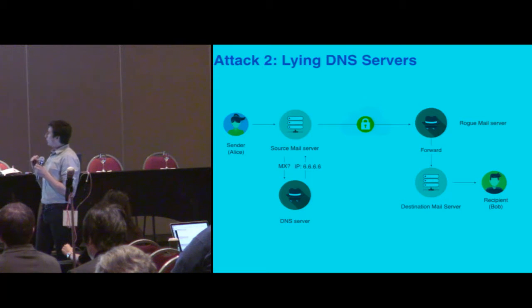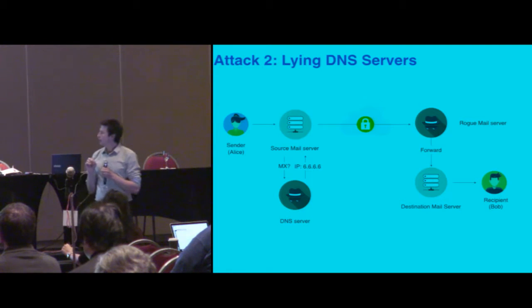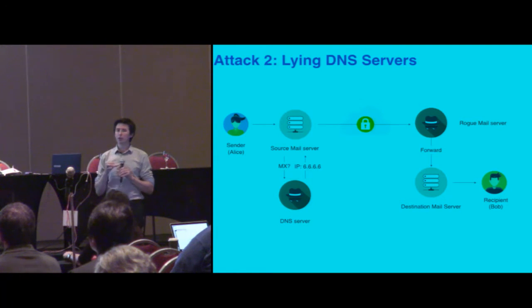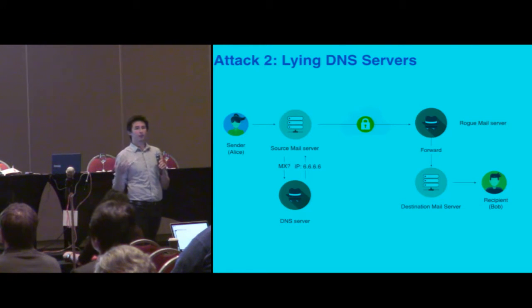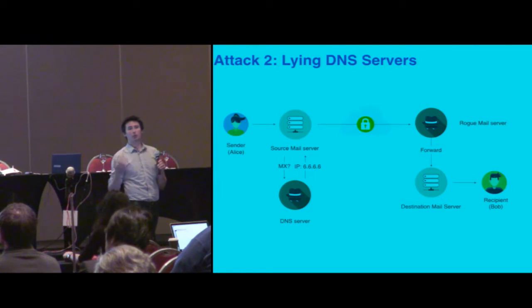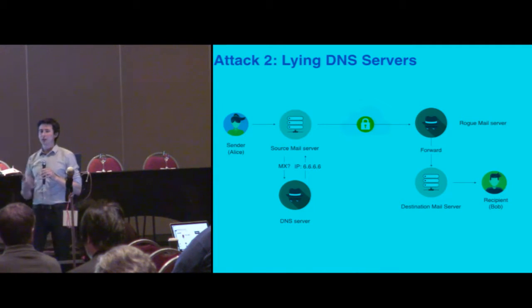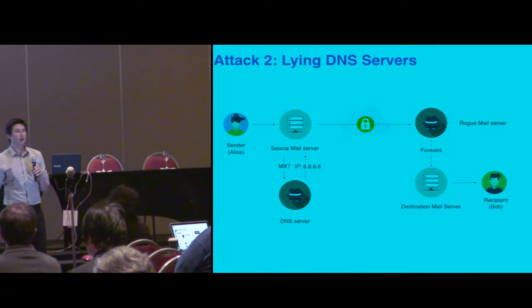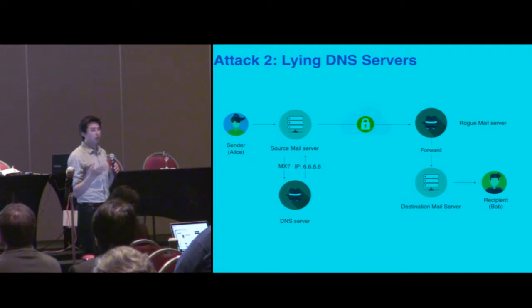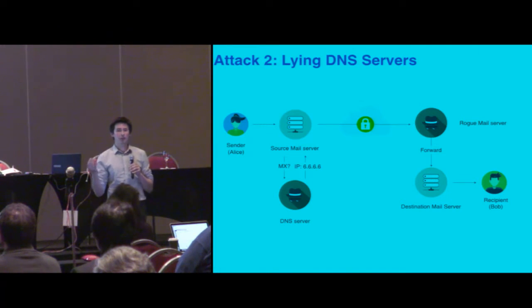So the way we look for this is a little bit ugly. We know that there should not be DNS open resolvers on the internet. In the perfect world, we would not be seeing this happening. But there still exist servers out there that you can connect to and ask, what is the MX record for gmail.com? What is the IP address for this SMTP server? And they'll give you what they think the answer is.